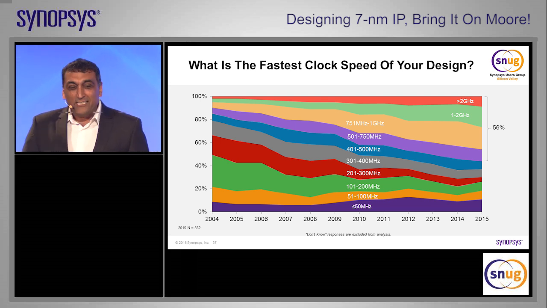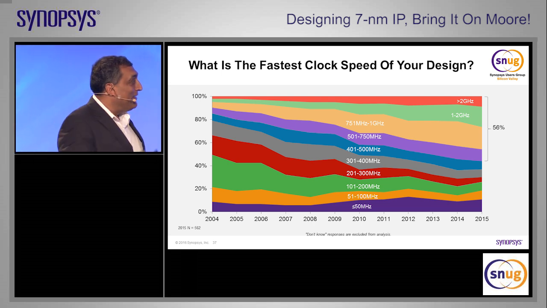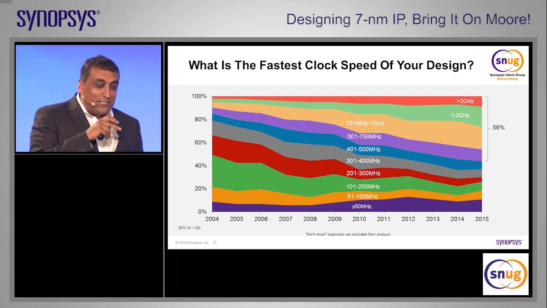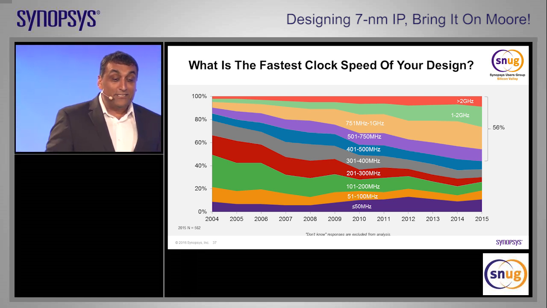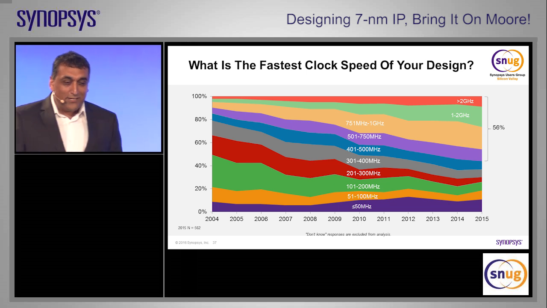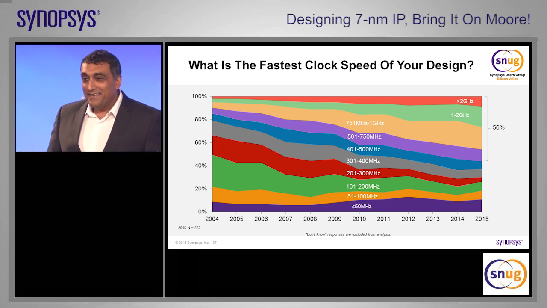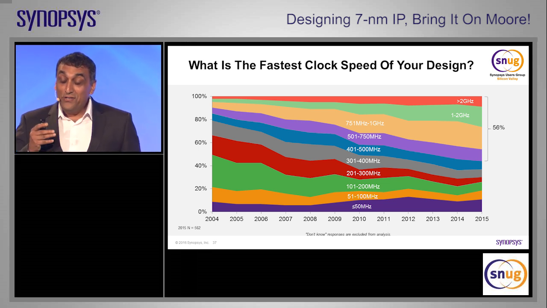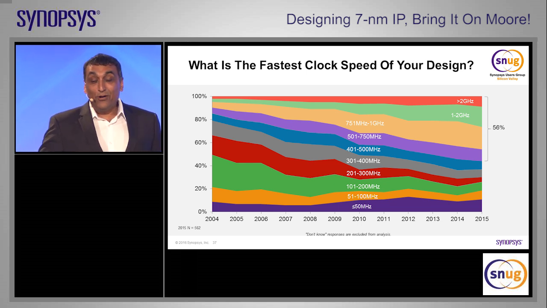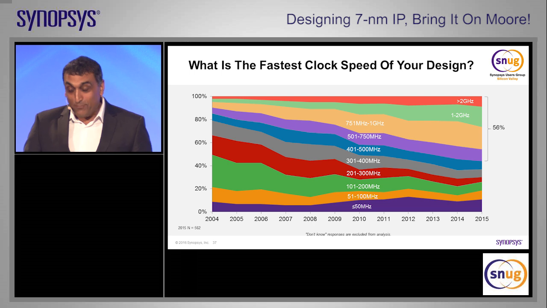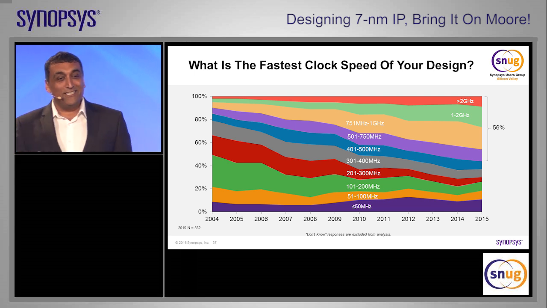What was interesting, actually, and this is a complete aside to the presentation, I was looking at my slides last night as part of the preparation, and I noticed that at the lower speeds, so if you look at the 50 megahertz, 100 megahertz, 200 megahertz, there's an uptick. And do you know what that is? It's related to IoT. So customers are starting to develop new products that require lower frequencies, namely IoT. I promised myself I would say IoT once in this presentation, so I did.